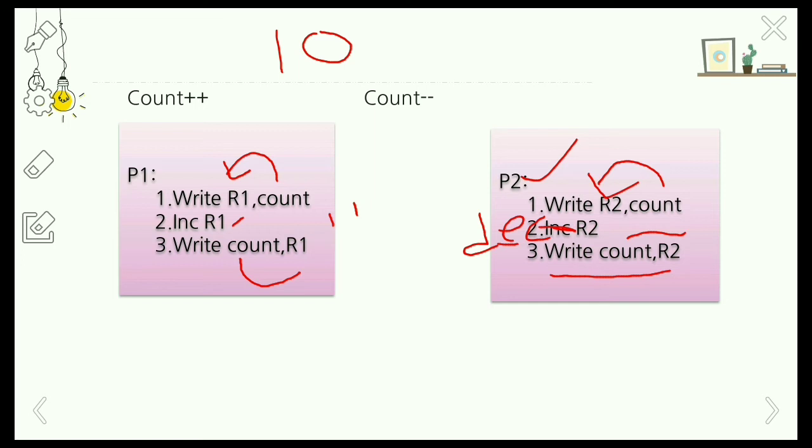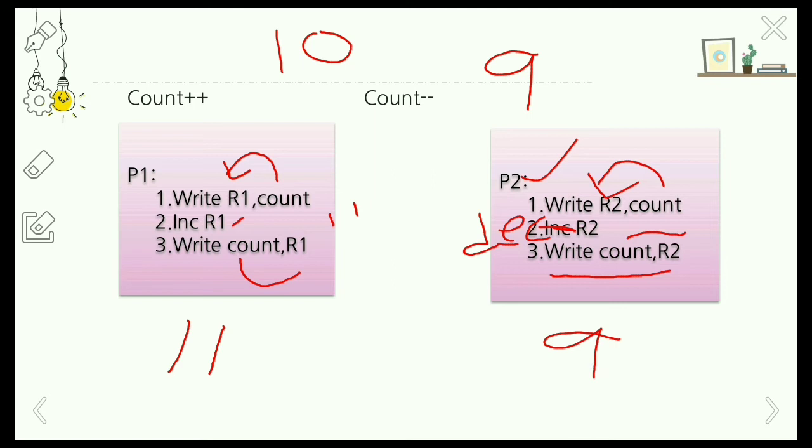What is the R2 value here? 9, right? Since it is decremented by 1. So we write the count value, that is 9. So in the count increment operation we got the result as 11, and here 9 as the answer.